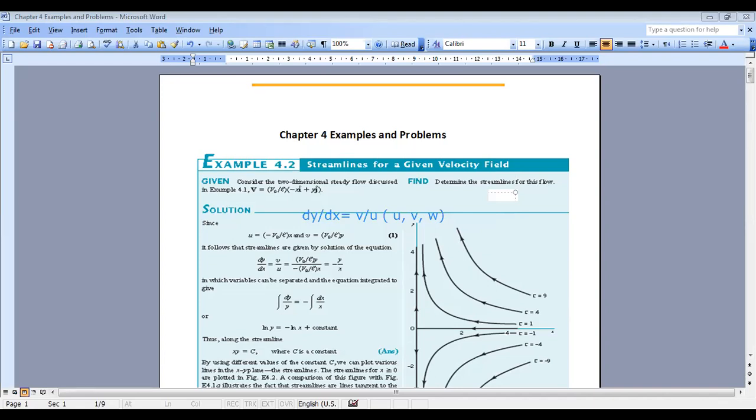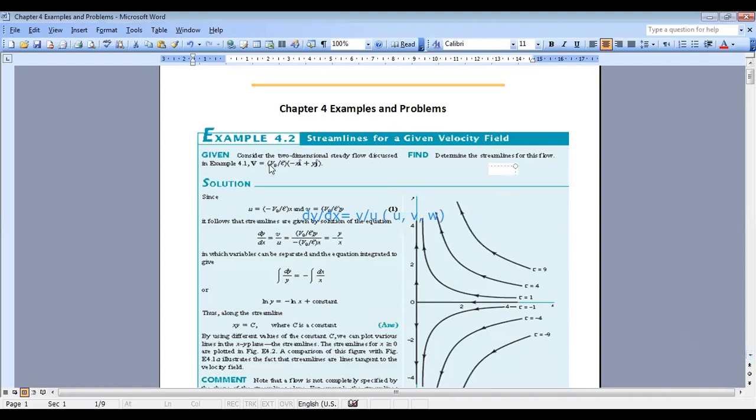So in my problem here, if I look at the expression of velocity, I can say that u is equal to minus x times V0 over L, and v is equal to plus y times V0 over L. Okay, so now I can find the expression for my streamline. I just replace. Okay, so I deduce